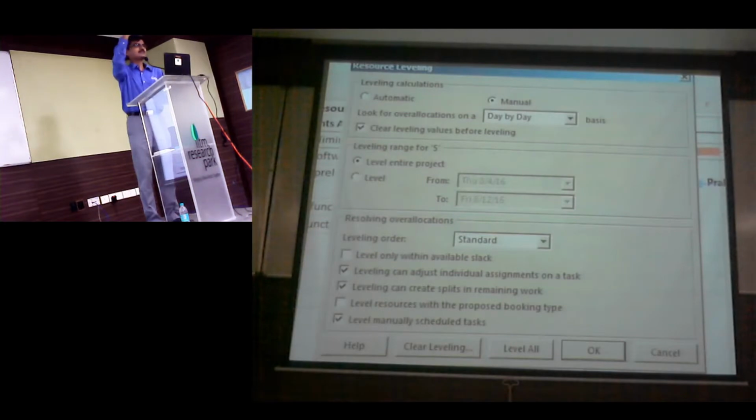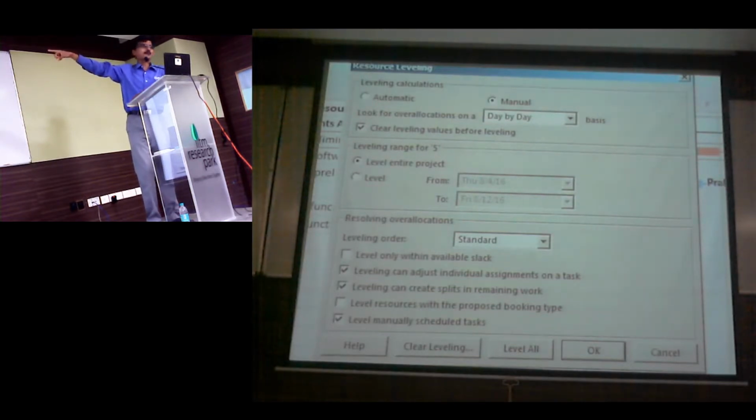So when there are too many changes in your plan, you will be confused, and without your permission, it does them. That's the bad part. So my recommendation: don't go for automatic. The second reason why we don't go for automatic is you can't undo it. A task delayed will be delayed always. And when you are working on very large plans, the automatic option will freeze your project every time. Your software will just hang for a while because it needs to calculate all the 5,000 activities, find out which is overloaded, which is underloaded, and accordingly do it. So keep it as manual.